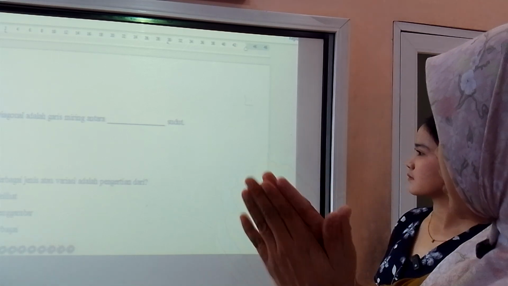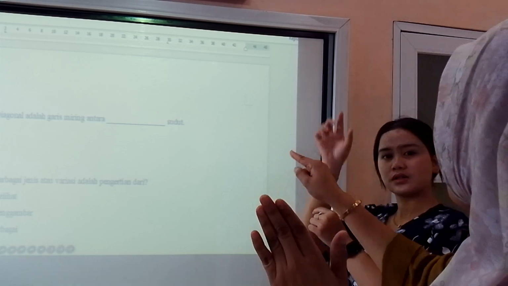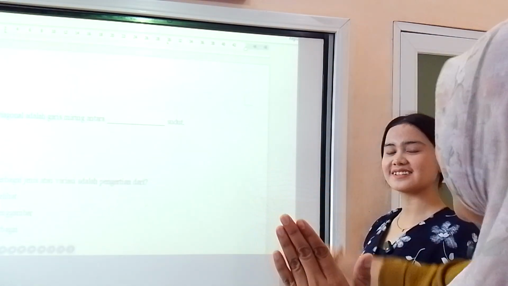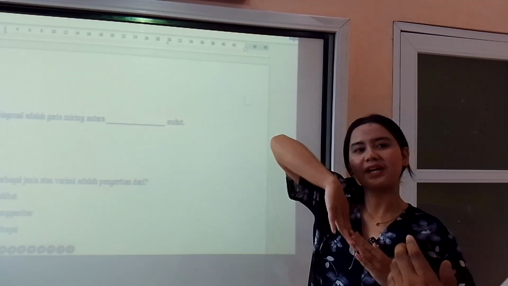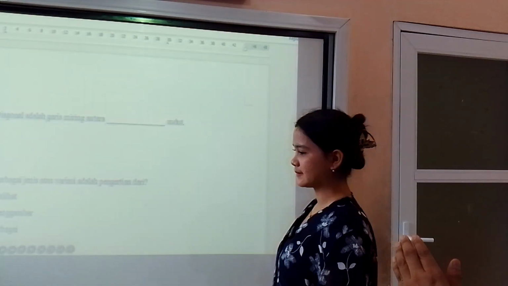Diagonal from the right and the left. But some of my students say it's just a straight line. But it is slanted. How is a diagonal line, Miss? We agree, right?